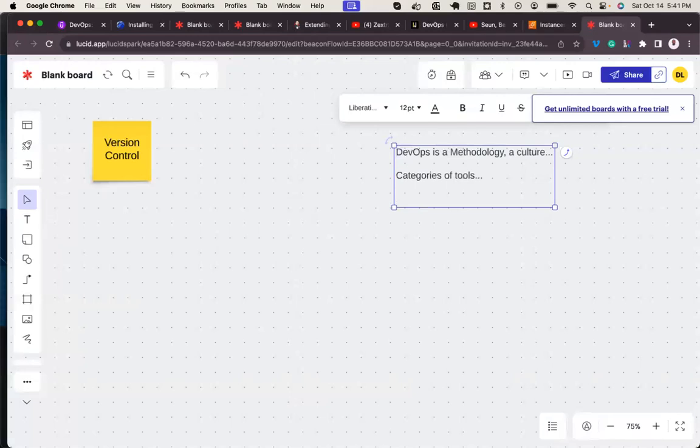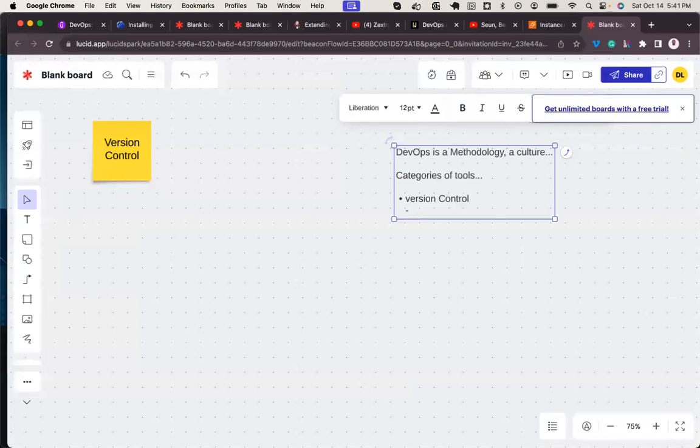The first category I call version control. Under version control, we have tools. I wouldn't want to define it, but when we start properly into version control, I will define it. I just want to list those categories to remind us of what we are getting into.